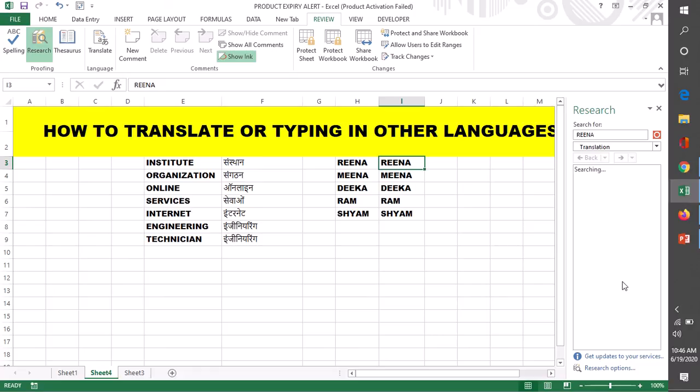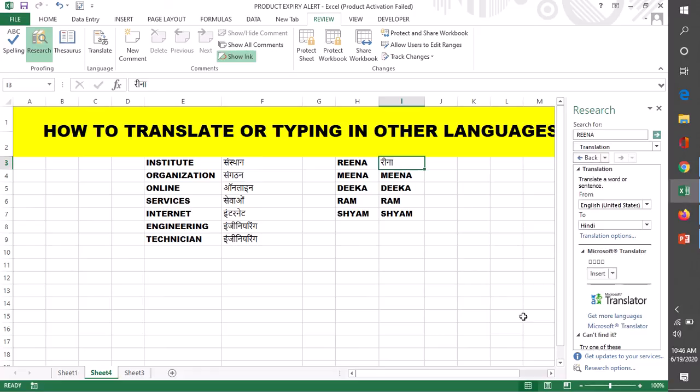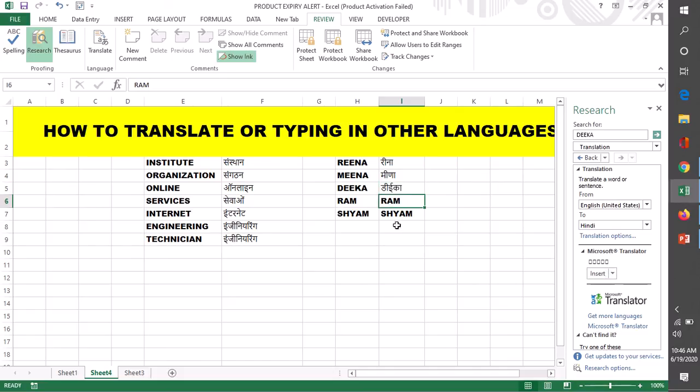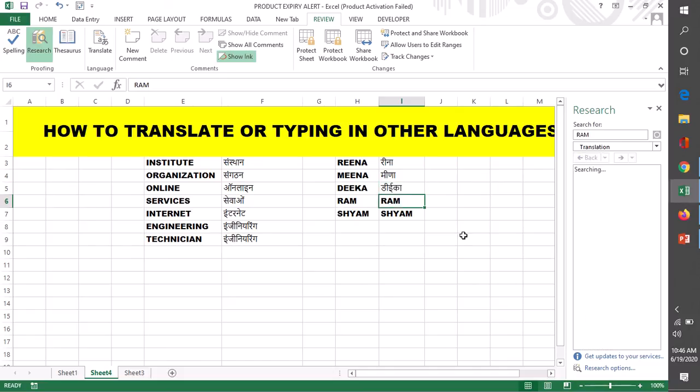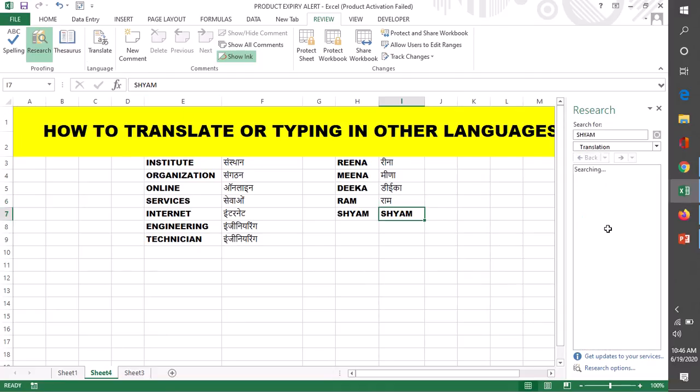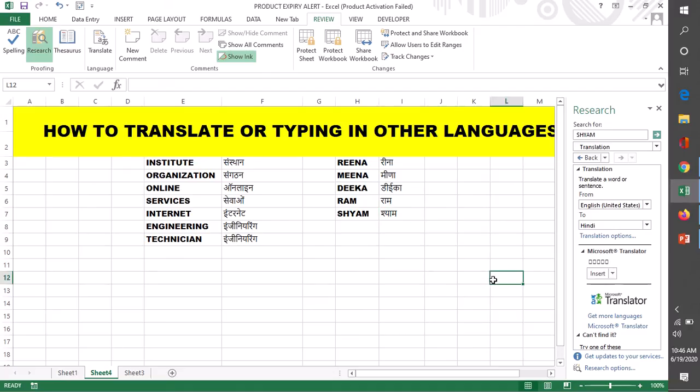So it is taking a very long time. If you have bulk data, you have to convert in Hindi or in any other language, it is taking very long. Every time we have to do translate and insert. So for bulk data, we will translate in Google Sheet, right? Because this is taking a very long time. For bulk data it will be a problem.